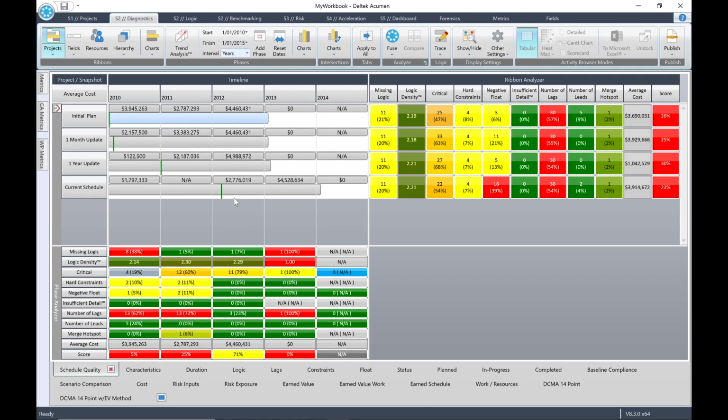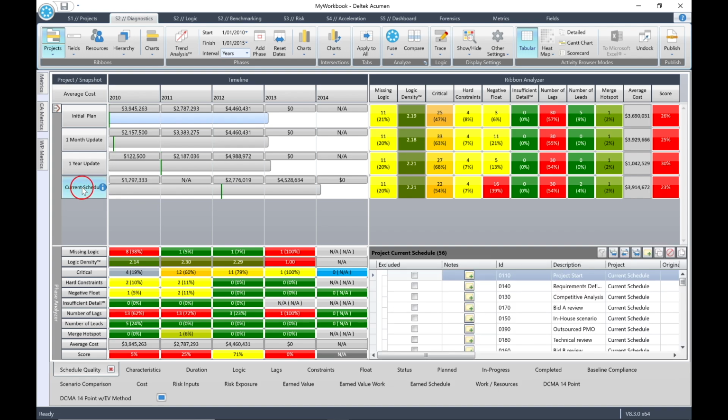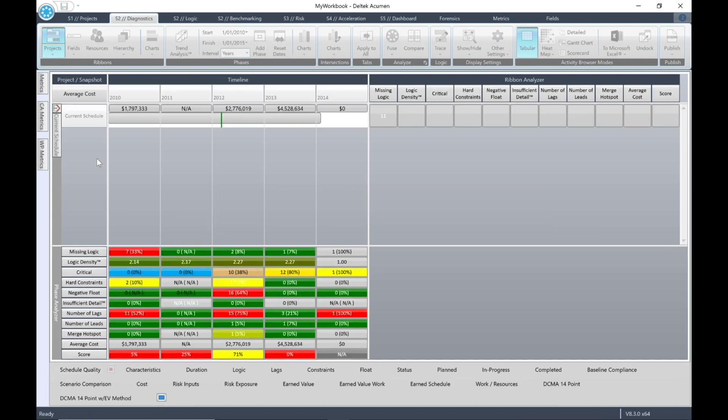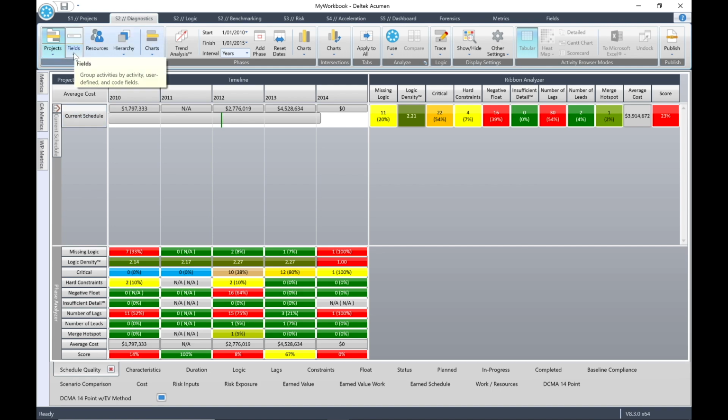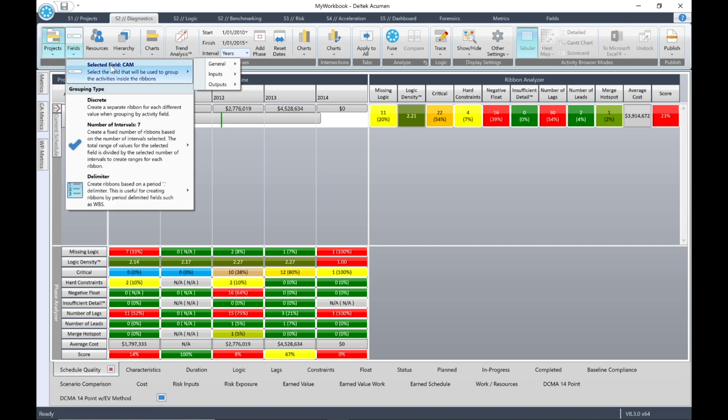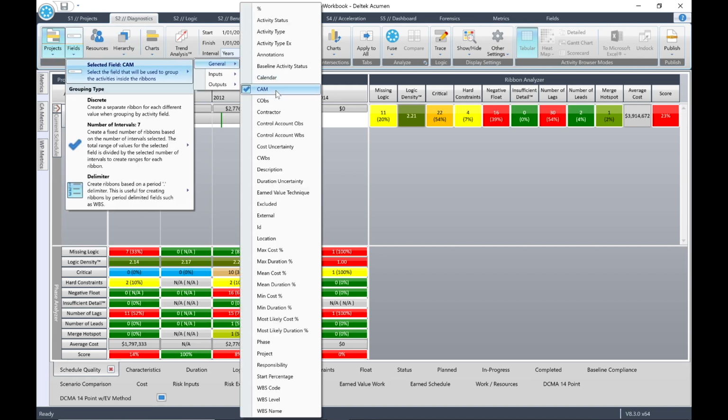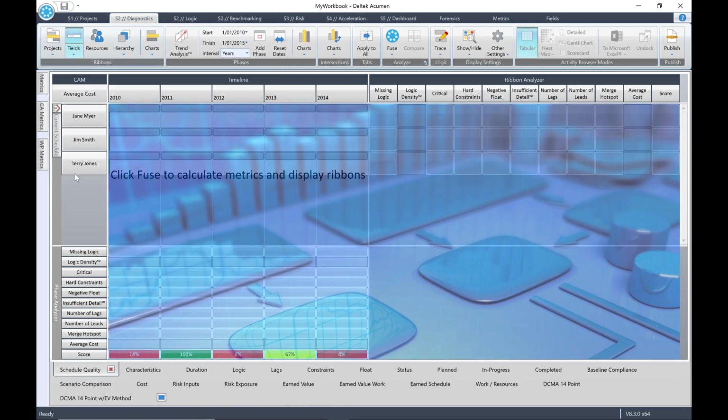What is the average cost for activities in 2012? The answer: $2,776,019. Now ribbonize the current schedule by CAM. So double-click on the current schedule to isolate it. Then in the Fields pull-down, choose Selected Field, General, CAM, and click the Fields button. Then click Fuse to view the